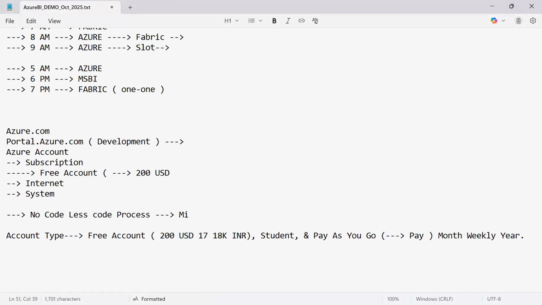Not only Azure, take any Microsoft component, it always targets the GUI as well as the code. It is your choice which one you want to use. To start with, you need at least a student account or a free account, or the companies use pay as you go. From the institute, we will show you the free account as well as pay as you go. Mostly I work with pay as you go. I'll show you that.